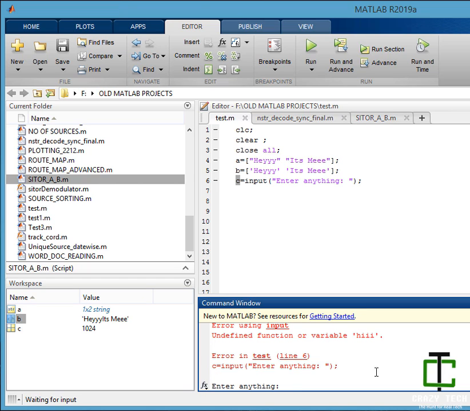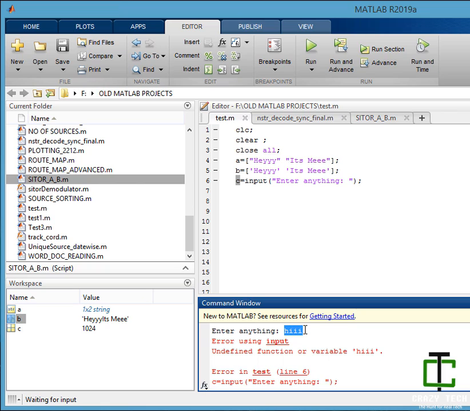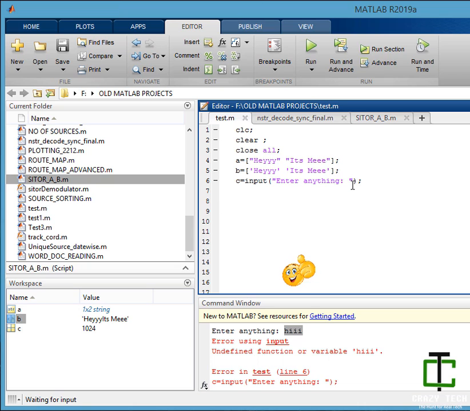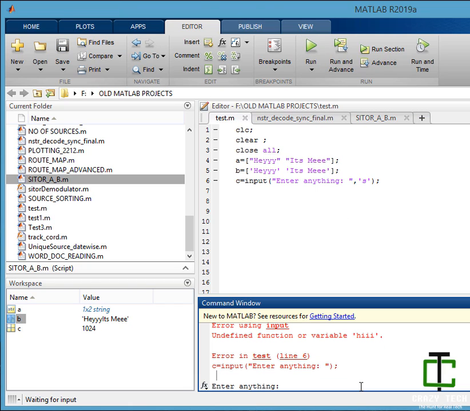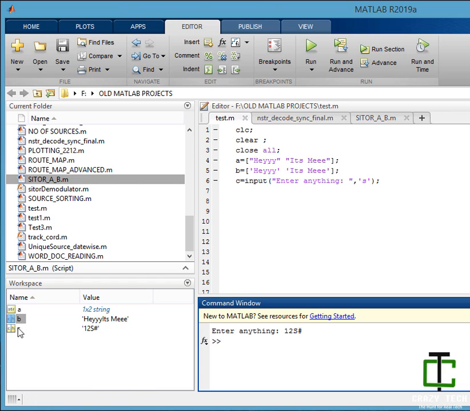It gives an error because it's not an integer. So what should I do? I have to tell the compiler what type I'm going to enter. It's a string, so I tell the compiler that it's a string, using 's'. Now it's waiting for input, and I can give any characters I like, let's say 1, S, 3, S, hash.